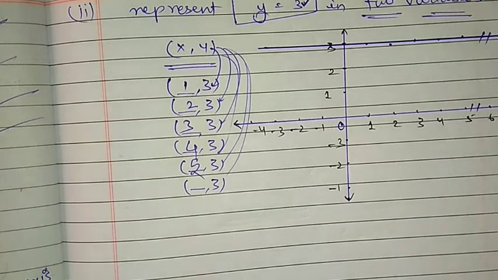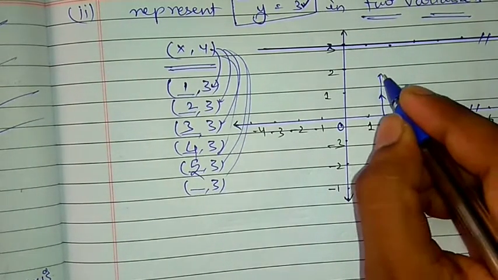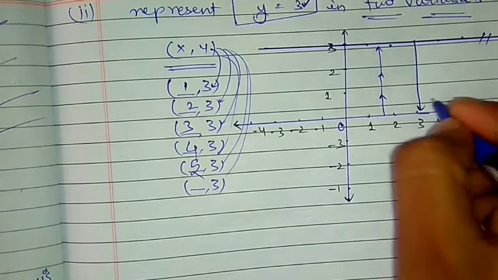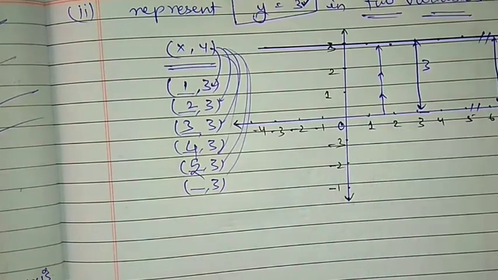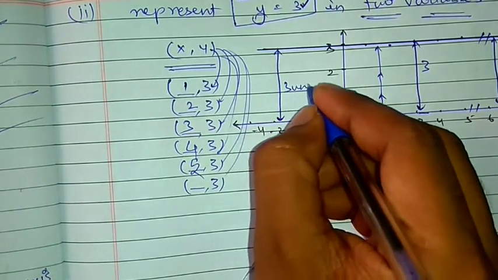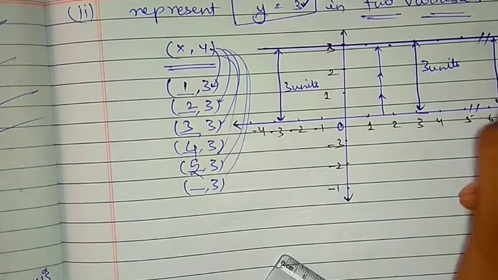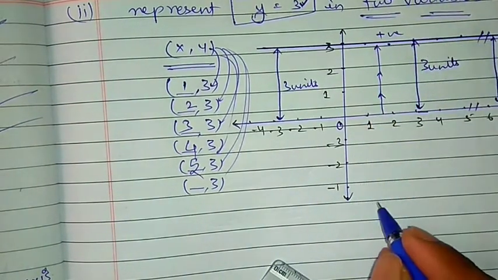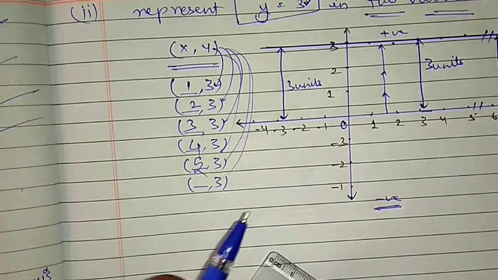अगर कोई भी नंबर y is equal to 3 है तो ये गारंटी है कि वो x axis से 3 यूनिट्स के डिस्टेंस पे होगा. आप देख पा रहे हैं x axis से 1 यूनिट, 2 यूनिट एंड 3 यूनिट्स के डिस्टेंस पे है, और ये डिस्टेंस लगातार कायम रहेगा, चाहे वो x के पॉजिटिव डायरेक्शन में हो या फिर x के नेगेटिव डायरेक्शन में हो, रहेगा तो वो 3 यूनिट्स ही। बस बात ये है कि अगर y की वैल्यू पॉजिटिव है तो y के लिए वो पॉजिटिव डायरेक्शन में चलेगा, अगर y की वैल्यू नेगेटिव है तो वो डाउन साइड में नेगेटिव डायरेक्शन में चलेगा।